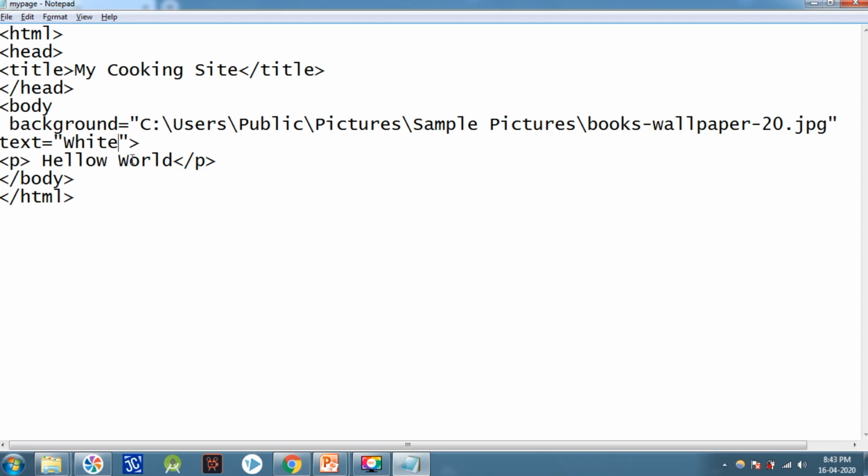And after that we will use the heading tag. The heading tags actually start from H1 to H6. H1 is the biggest one, so this is my heading 1, and H1 will be closed. Let's see what will happen.